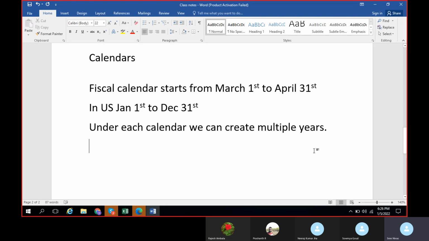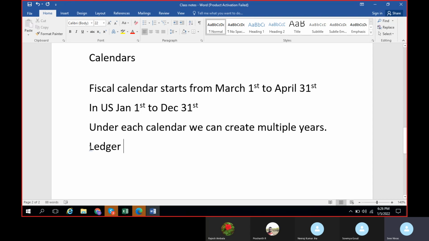The main purpose of these calendars is that we need a specific date to record the transactions, right? That's the reason we need to create these fiscal calendars. And how these fiscal calendars will be connected to the ledger, that will be discussed later. Under the ledger we'll have an option to control to which extent these calendars can be used to record the transactions, and for which legal entities these calendars will be enabled.